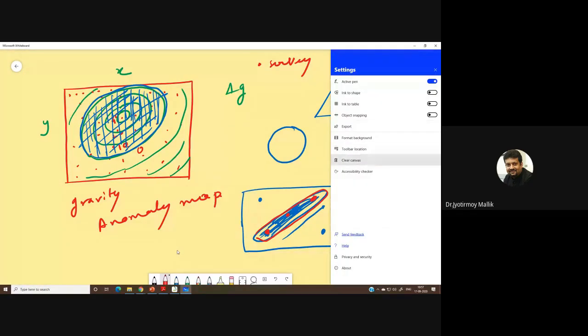TMC you have to do it by yourself. TM is actually measured by gravimeter. There is another concept I want to bring in today, and then I will end, and we will develop on that concept tomorrow. Okay, and we will discuss in details about this concept when we talk about isostasy.